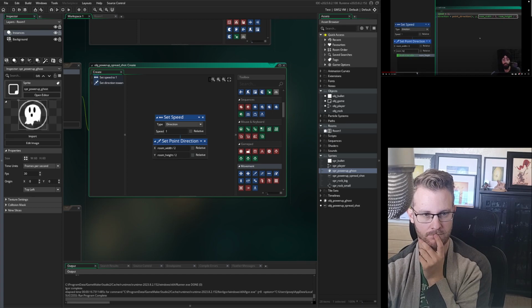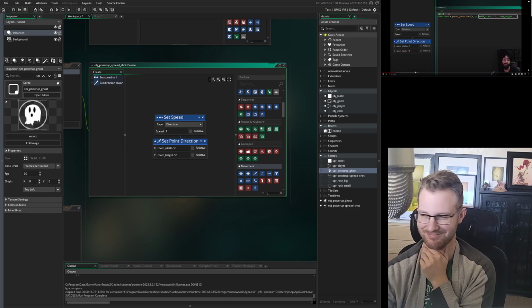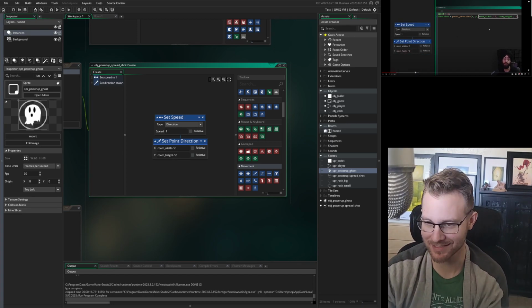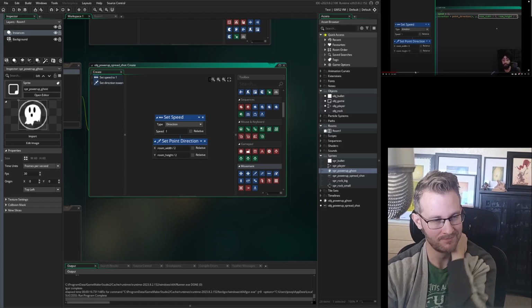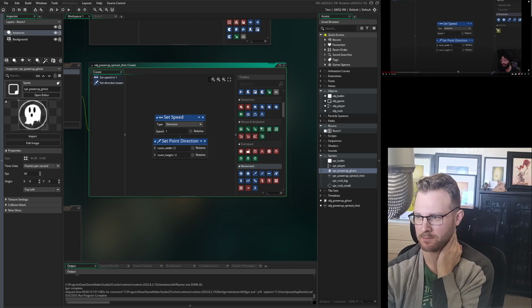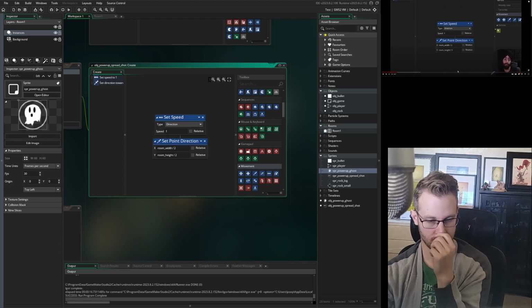So we get the center of the room simply by dividing the width and height of the room by 2. That's simple enough, but if the power up goes outside the room, say if the player